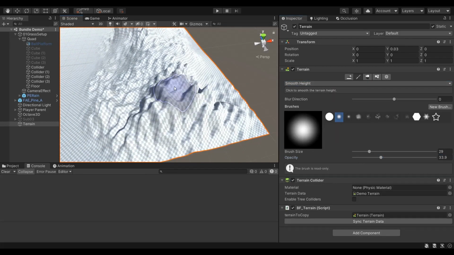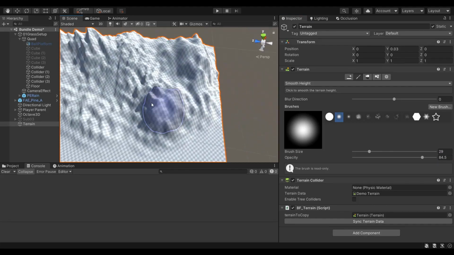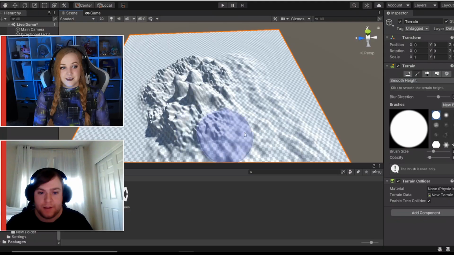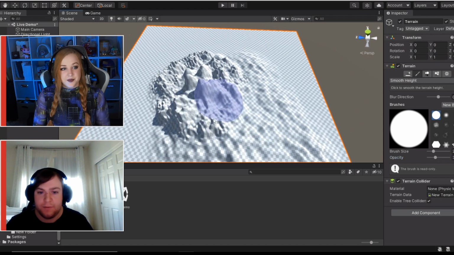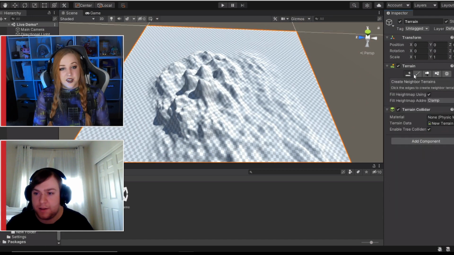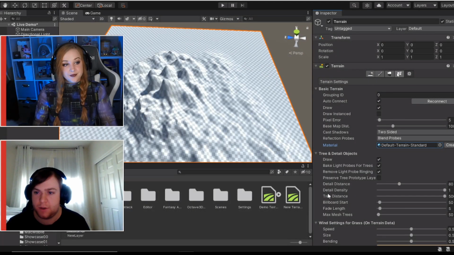And then, like, so let's say I like this, but now I want to get to doing the grass already. So that's something that I show off in the video recording, is I smoothed the terrain out before I put the grass on it because I thought that it looked better. So then we can add a material to this. So in the terrain settings,